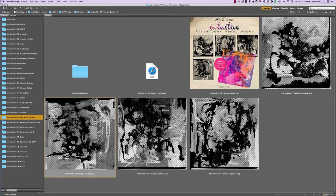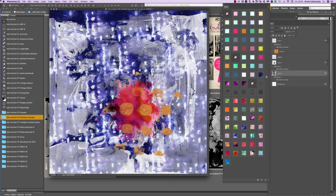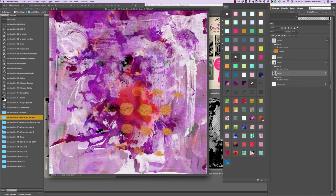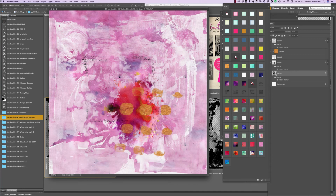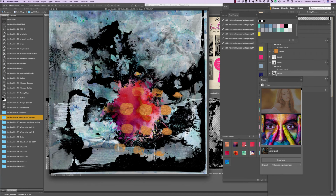Let's go into the painterly overlays, copy paste, we go in the background, place it here. And this is what we can do with the watercolor. Isn't it cool? So let's stay on this second one. Copy paste, place it on top,